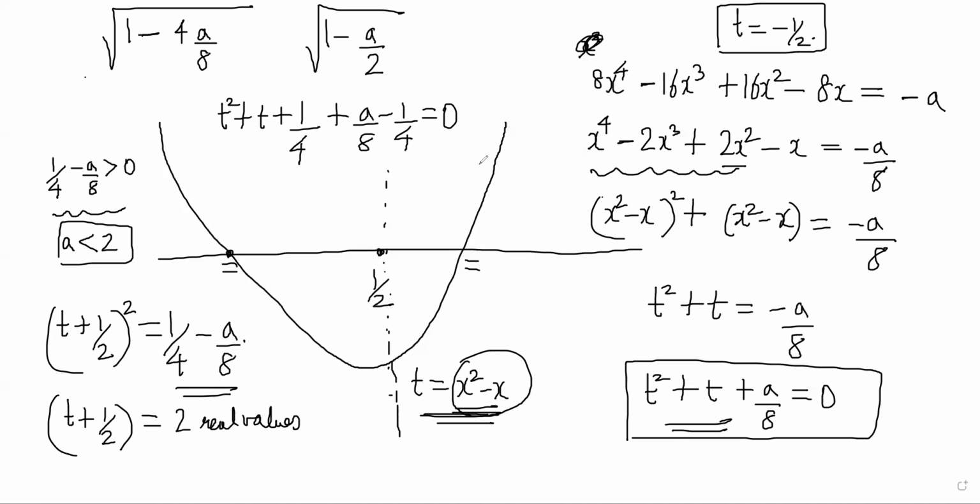Oh, we defined t as x square minus x, so we have to equate it to half. It's not making much sense, but